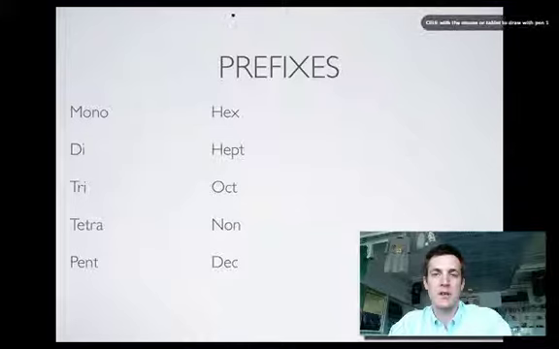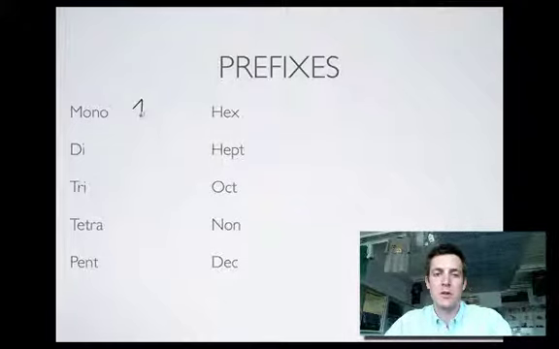Here are the prefixes. Now I've separated them into two groups because these ones, I guess, people often have to learn from scratch. Mono means 1, di stands for 2, tri stands for 3. This is one that often gets people: tetra, 4. People often forget that one. And pent. Pent is actually the start of this next group, I suppose you could say, because from here on in,